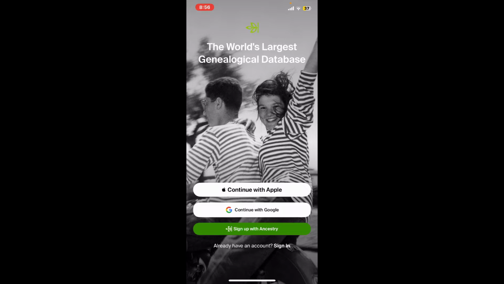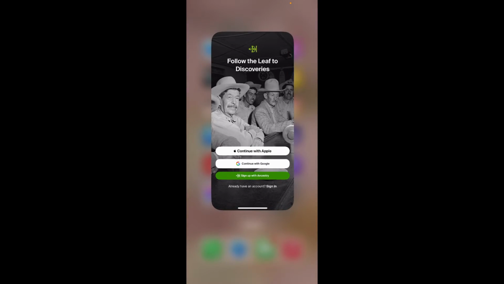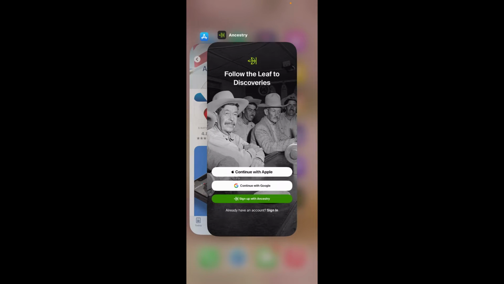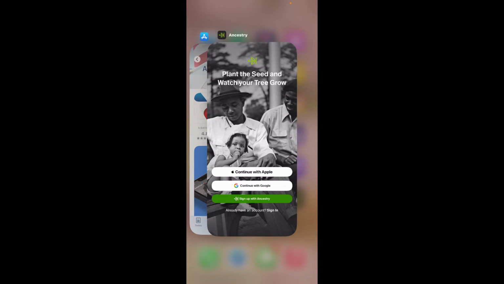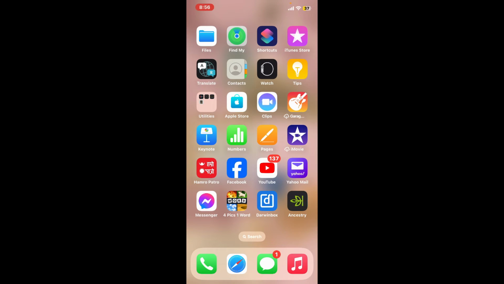If you are currently running the Ancestry application, simply swipe up from the bottom of your iPhone, which will bring up the app card. Now push off your app card upwards and release. This will now force close the Ancestry app, and once you've done that, the next thing to do is to